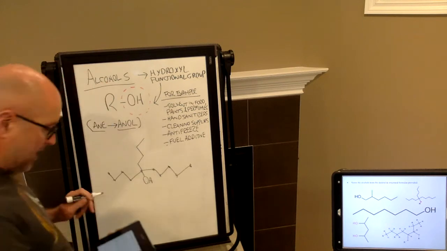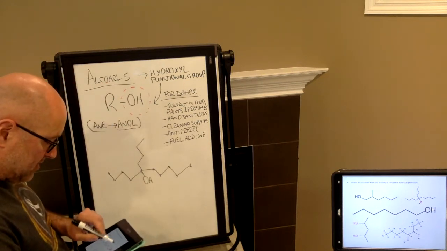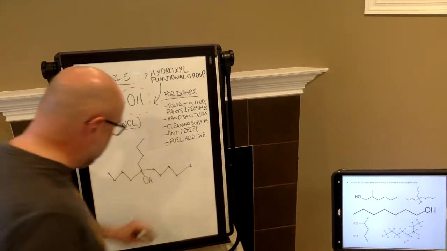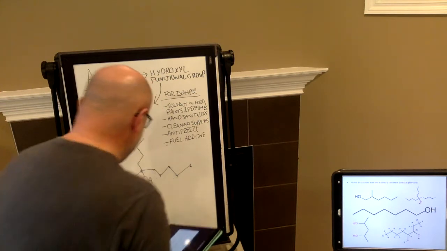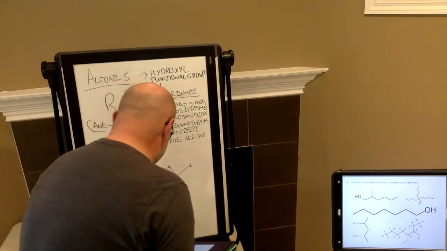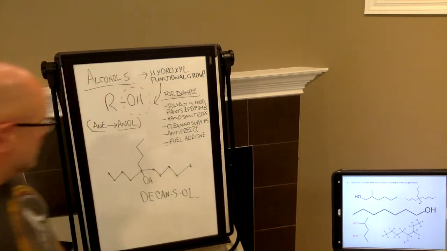Oh, I got 10, pardon me. I can't count very well. That's 10. 1, 2, 3, 4, 5, 6, 7, 8, 9, 10. That's a decane, pardon me. I've got my hydroxyl group in the 5 position. So it's going to be decane 5-ol is going to be my main